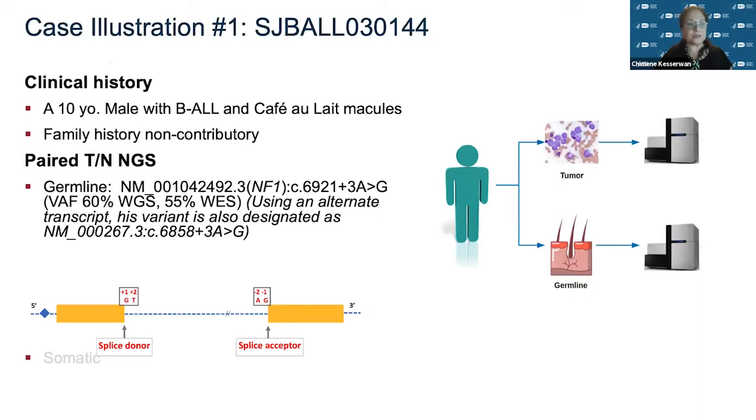So here is our first example. This is a 10-year-old male with B acute lymphoblastic leukemia and cafe au lait macules. He did not have any other findings, and the family history was not contributory. We performed tumor normal next generation sequencing, and in the germline space, a germline variant in NF1 was reported as